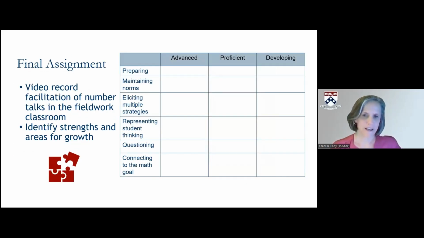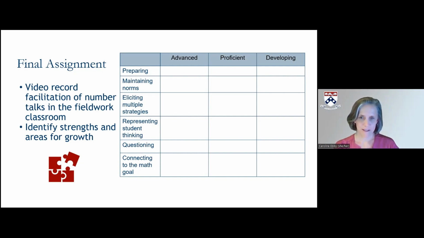And then finally, as a final assignment, my students have to video record their own facilitation of number talks in the classroom. My students are in a fieldwork classroom while they're taking my methods course. So they videotape themselves with K-12 students and submit those videos for feedback, both from me and from each other, for peer feedback.